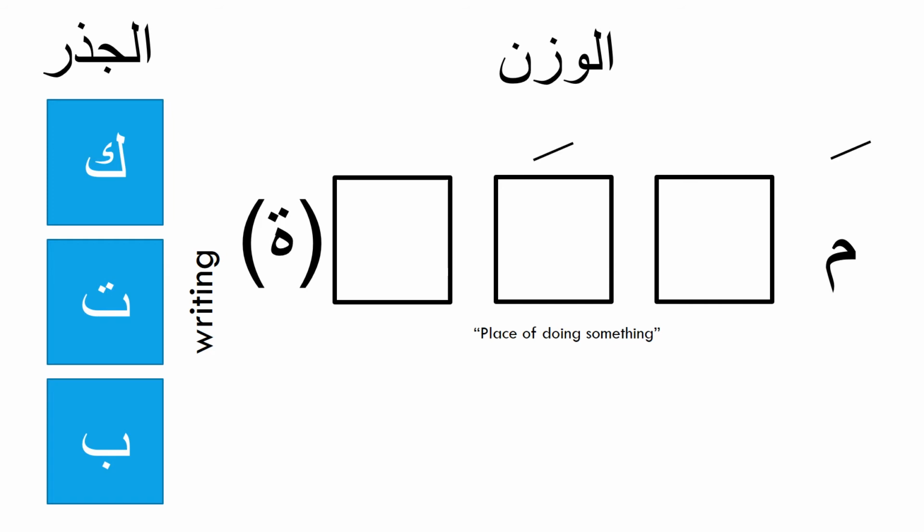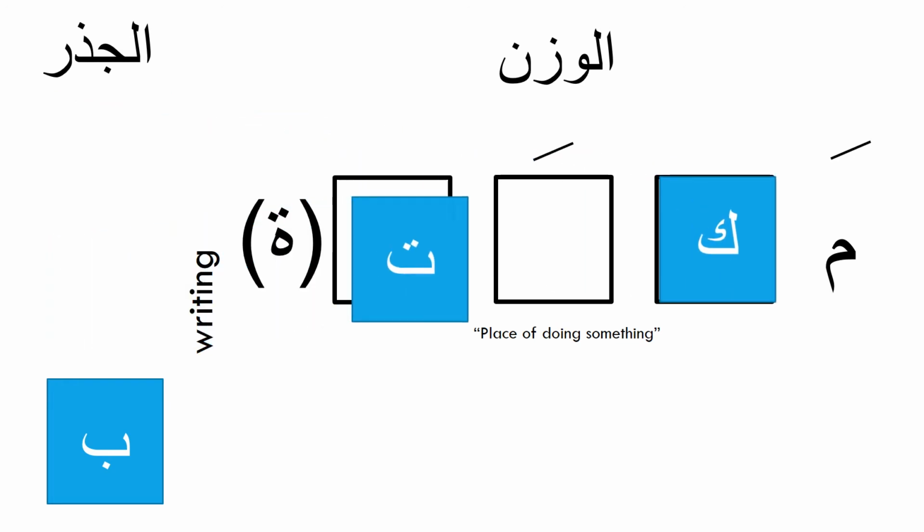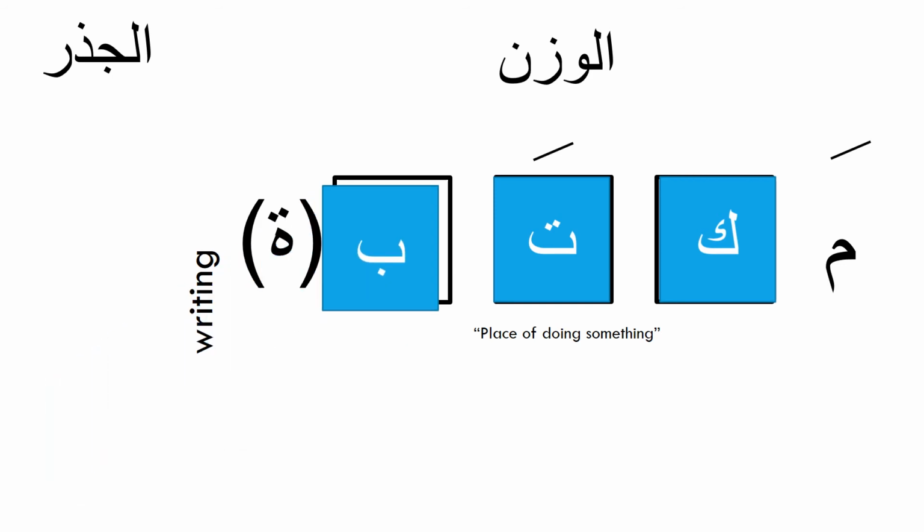Now, if you're really paying attention and thinking ahead, you already know what this word is, but let's make it using our template. The ka goes after the meem. The ta goes after that. Remember, these always go in order. And the ba ends up at the very end there. So we have this word,